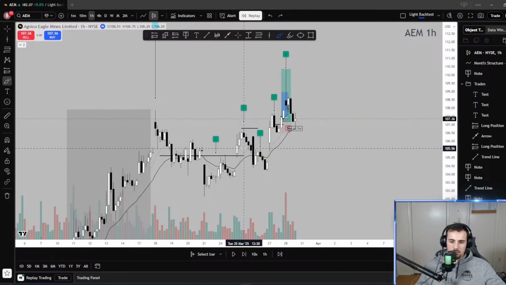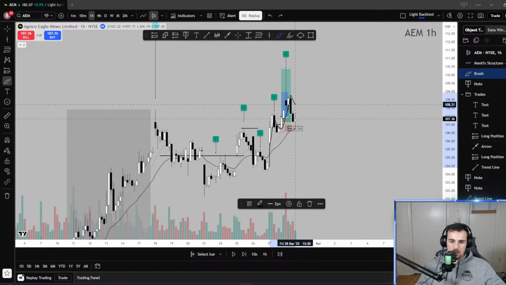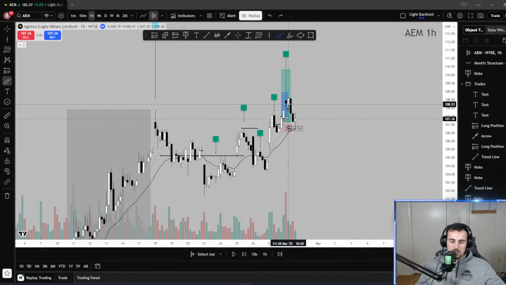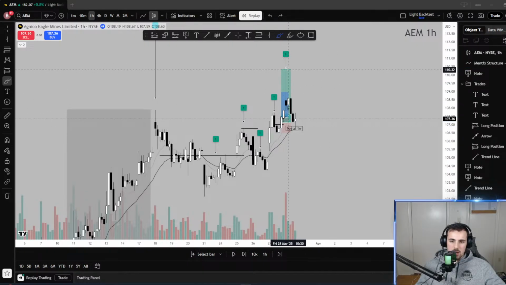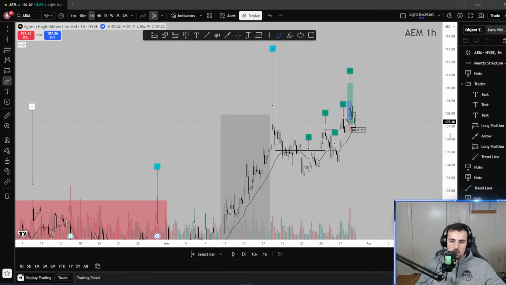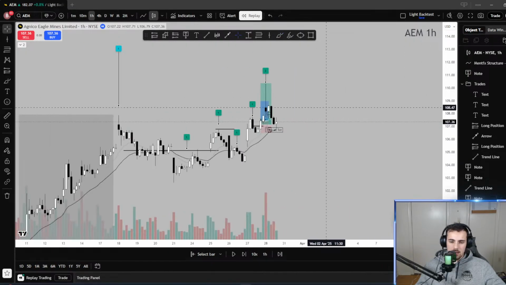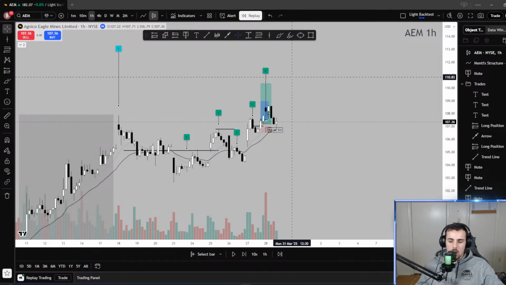So we've got that accumulation on the 1 hour. Price comes out. It's creating a trend-like environment. But I do expect this to fail now, just because it's in a very big range and it came down quite a bit. And that's just showcasing a little bit more weakness than I would normally like, but I could totally be wrong. This could just create like 7 candles up right now in a row and just end up going. Very true.